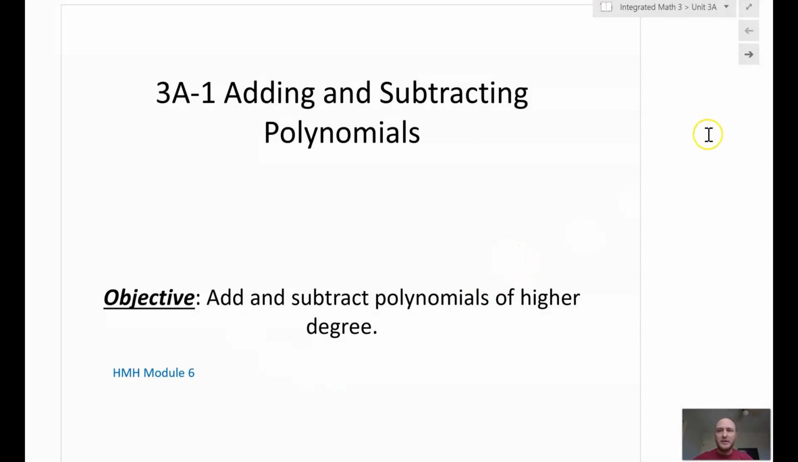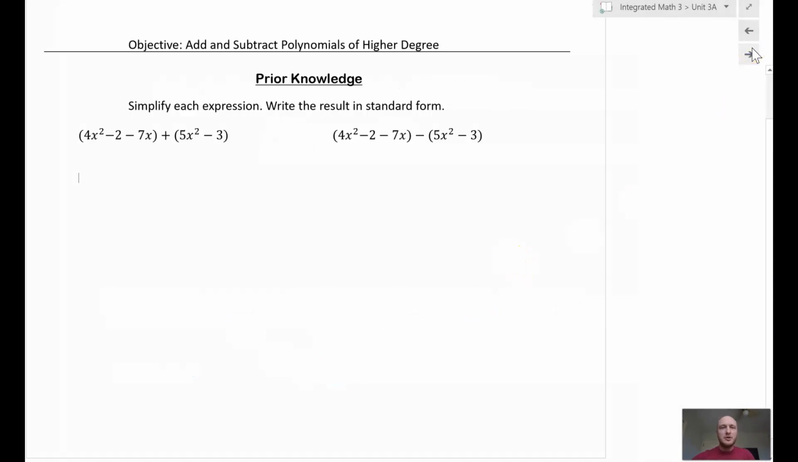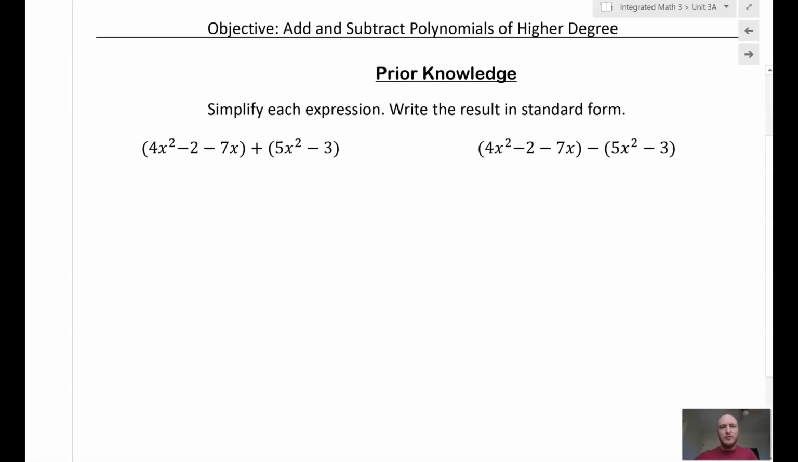We're going to start out with your prior knowledge of simplifying expressions and writing the results in standard form. And remember, standard form is just when we write our terms in decreasing order based upon the degree of the variable. So for our first example here, 4x squared minus 2 minus 7x plus 5x squared minus 3,